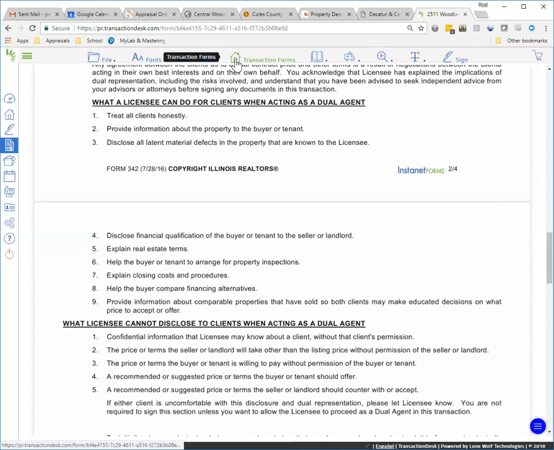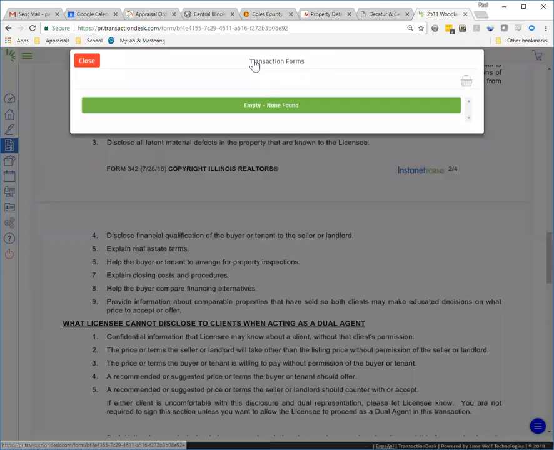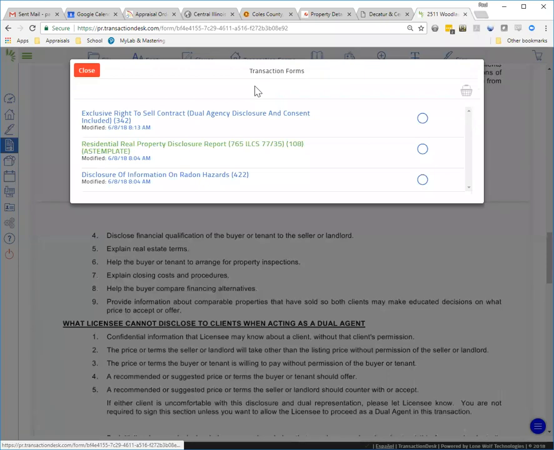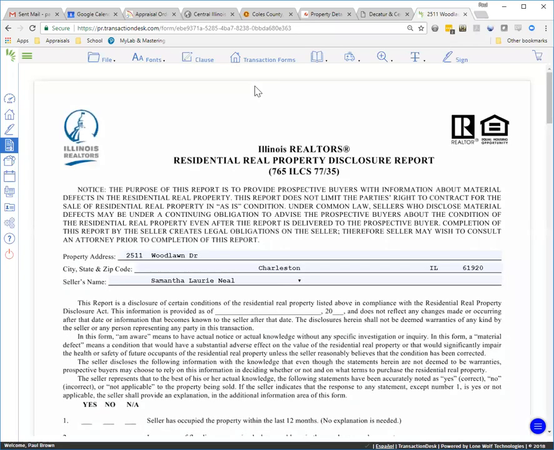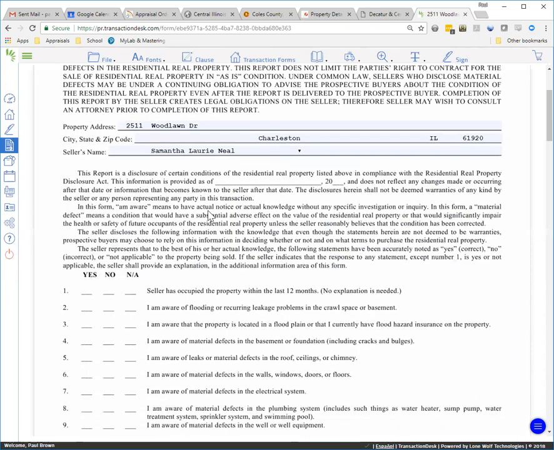We can just click on our little house icon. It's got the word transaction forms after it. And here's our real property disclosure report. We don't have to fill out anything on this, but you can look at it. But our seller is going to fill all this out. So you'll see it pre-populated our address, city, state, and zip, and our seller name, or if we have multiple sellers, they would show up here. It will populate the date when